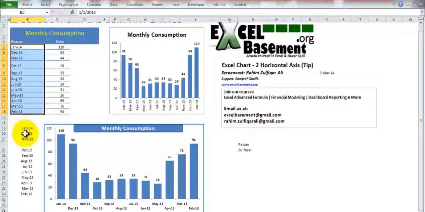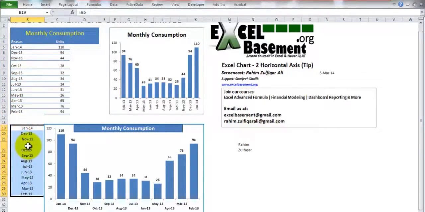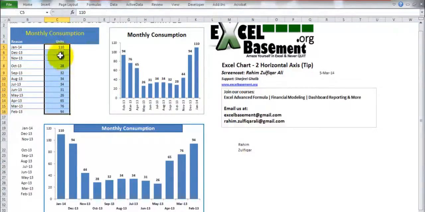But the difference is, when you plot these months in the horizontal category axis, you will get this extra space in your Excel column chart, so it will show that you have just moved this into the next line. So let me create the column chart for you. Select the units consumed here, go to the Insert ribbon,